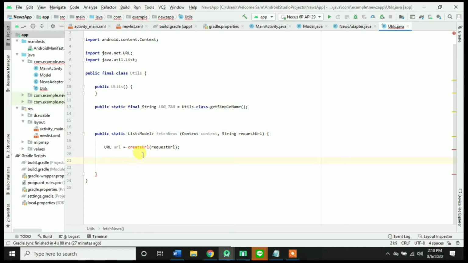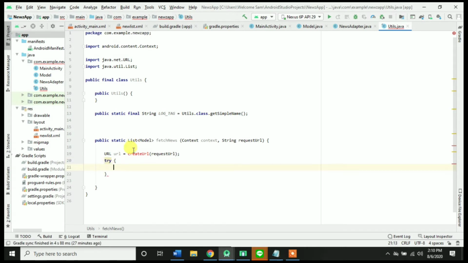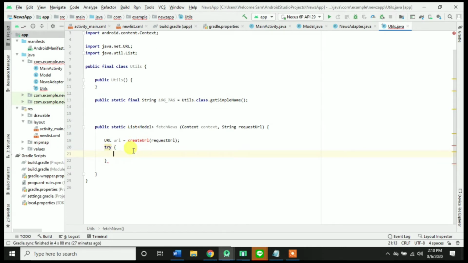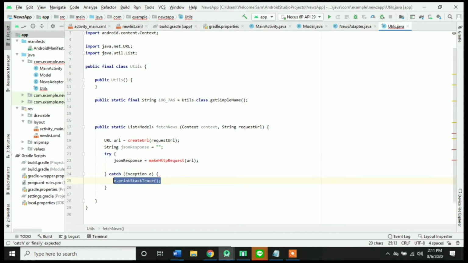Fetch news list actually. Okay, try and string JSON response, JSON response to make HTTP request, URL passing as its parameter, alt enter, catch,